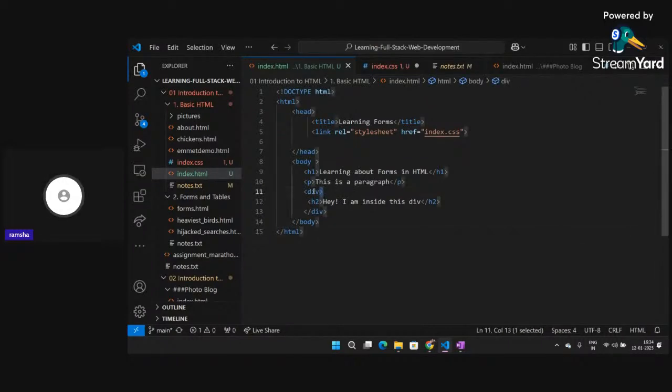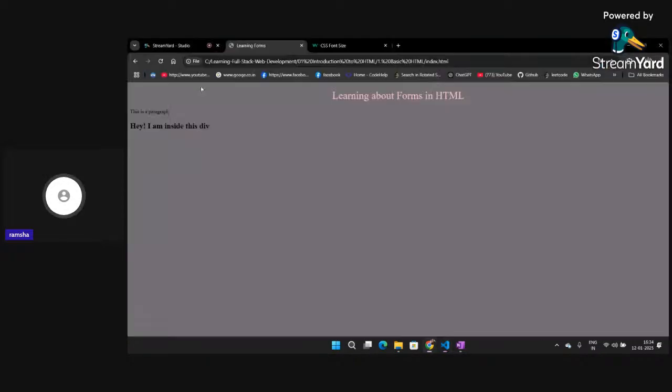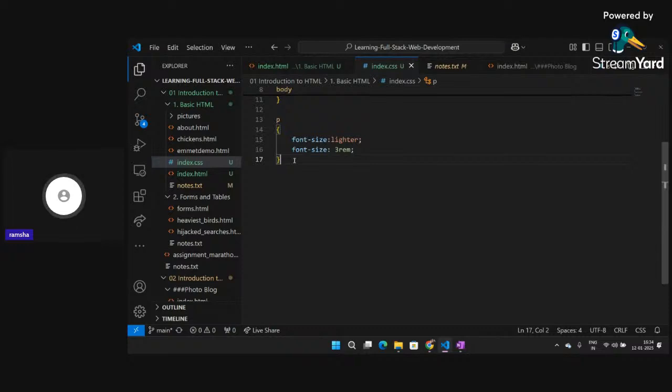Now I will add some styles to differentiate this div from rest of the portion. So what I will do, let me just change the font size to, let's say, 3 rem for now. I'll explain you what rem is also. Just bear with me for some time. Yeah, so if I write here div